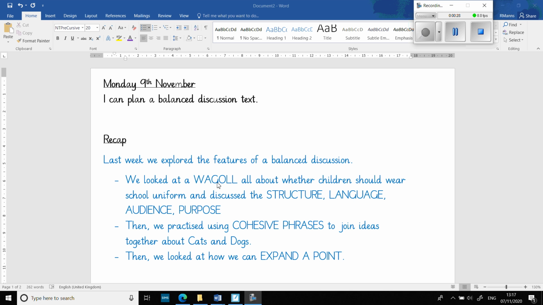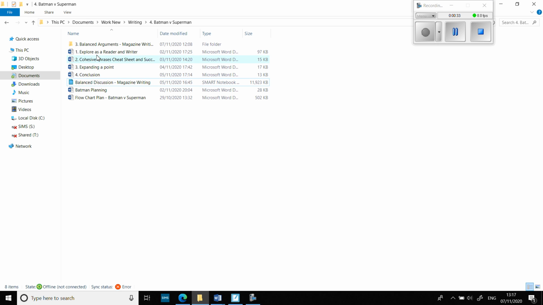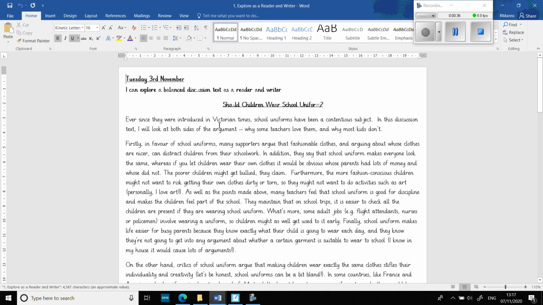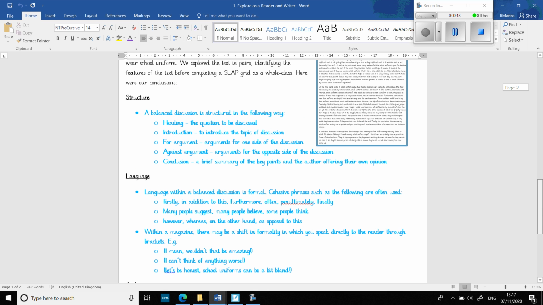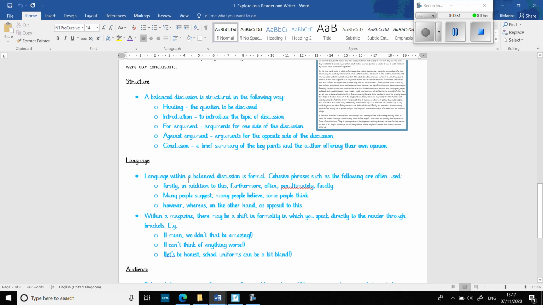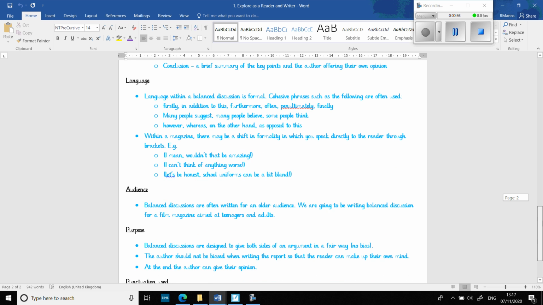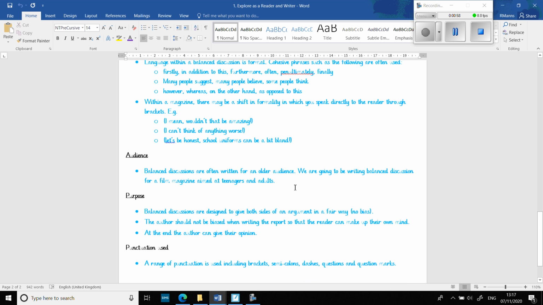So the first thing we did, we're looking at the WAGgle to talk about the structure, language, audience, and purpose. So if I just load up that, really important this document because this is what a really good example of a balanced discussion would look like. If you remember, we read through it, we discussed the structure of it, how it's put together, the language which is used, which is mainly formal, but with some shifts in informality through brackets, who it's aimed at, the audience, it depends on the magazine you're writing for, with teenagers, adults, and the purpose, and this is very important,